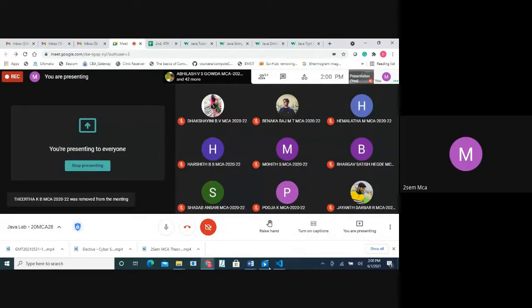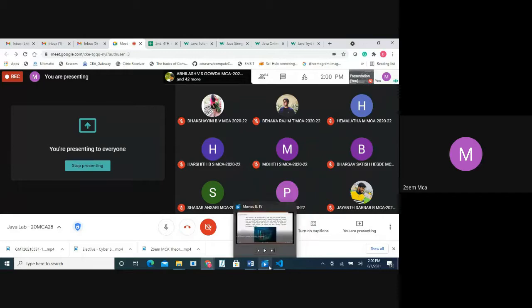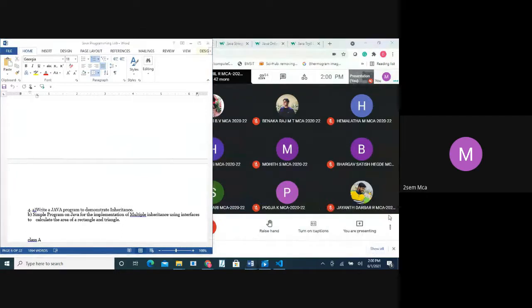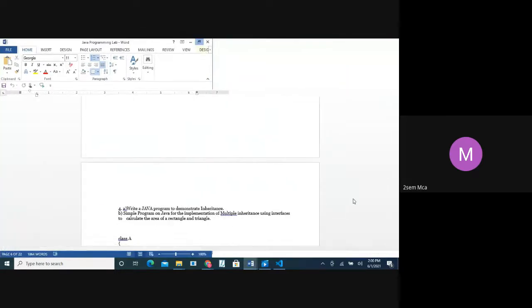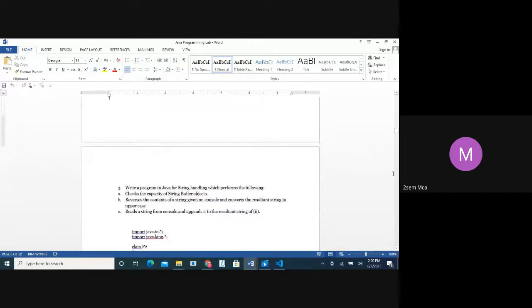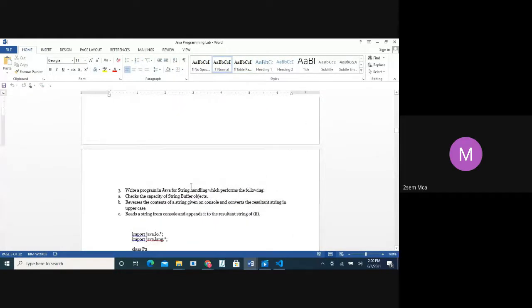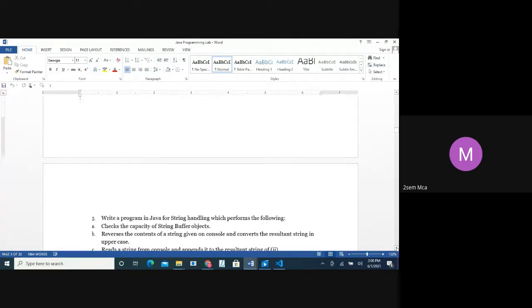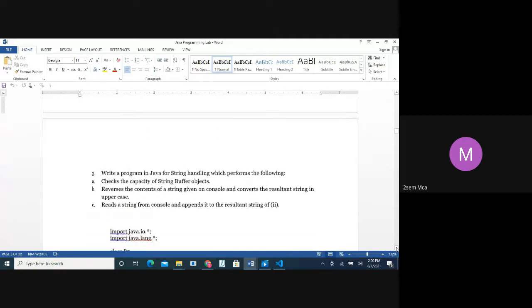Okay, so today we start with the third program. What the third program says is: write a Java program for string handling, which performs the following.